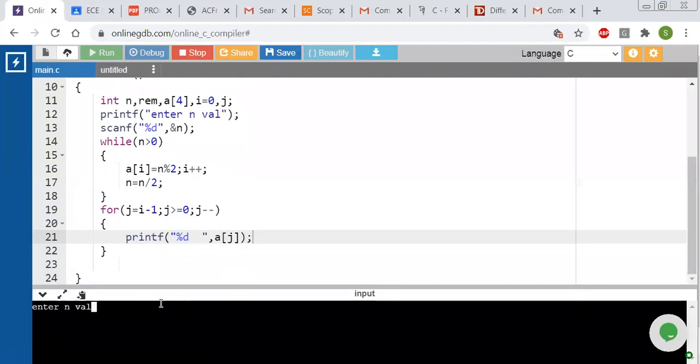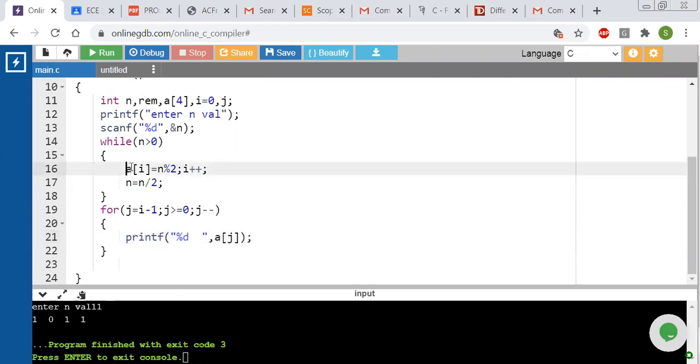I will enter 11 here. So we are getting 1011. All of you listen carefully. What we are doing here is, after finding the remainder, I am storing it into an array.